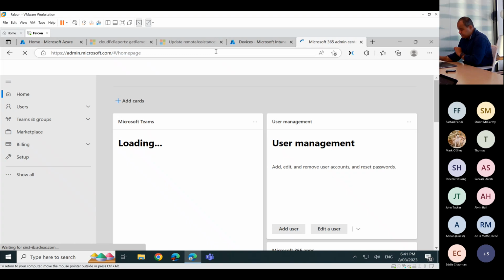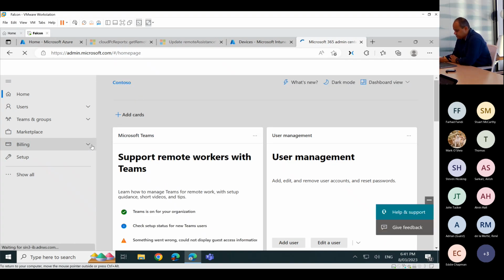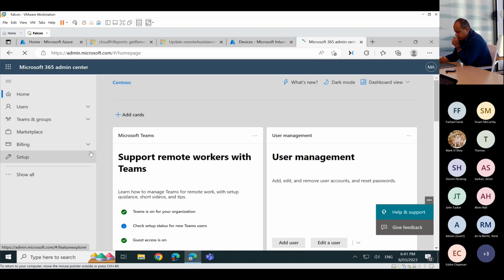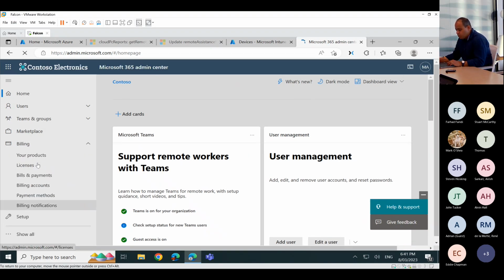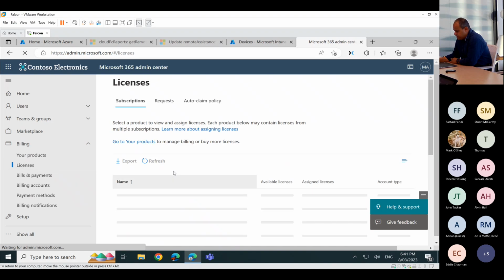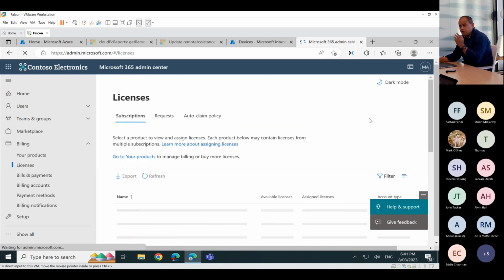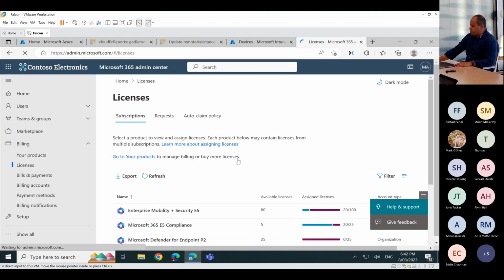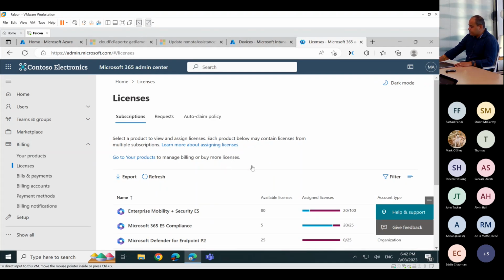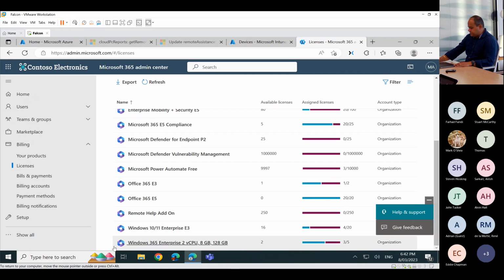If you have a license, only then does all the action begin. So what I wanted to do is quickly take you to what is the license that you need. Depending on the t-shirt size, or depending on what you've purchased, whether you purchased a 2 CPU desktop or 4 CPU or 8 CPU as well, depending on that, you will get a license out here. In my case, as you can see at the bottom, it's a Windows 365 enterprise license. The business license is different.